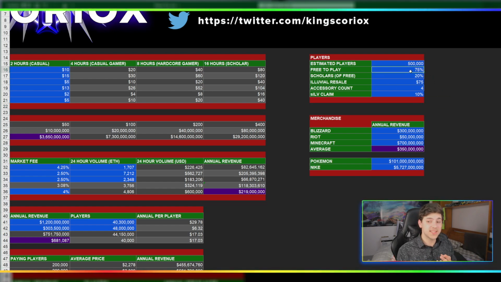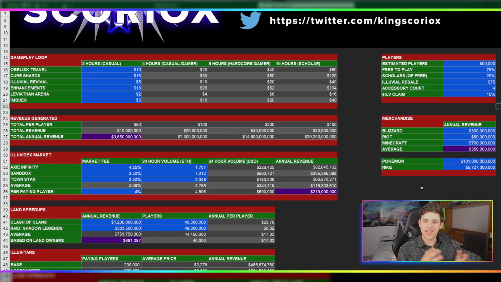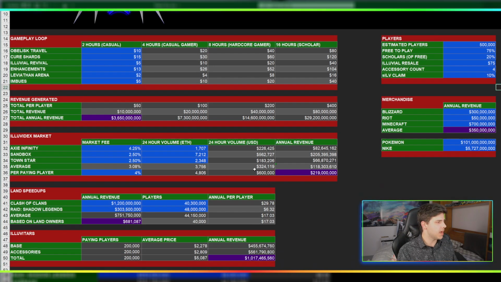I've got the amount of players that are free to play. I've got the amount of scholars, which are a percentage of the free to play players that have scholarships. So they're paying as if they're pay to play, but they're kind of free to play players, okay? So they just add on top of there a little bit. And then I've got the alluvial resale and the accessory count, and I'll go over them in a second. And the SILV claim, which is simply like an accuracy tolerance for myself. I pretty much just deduct 10% off the end, in case there's lots of unforeseen things, they got to cover costs and stuff like that,